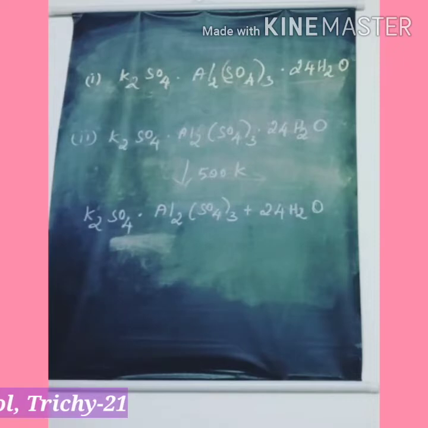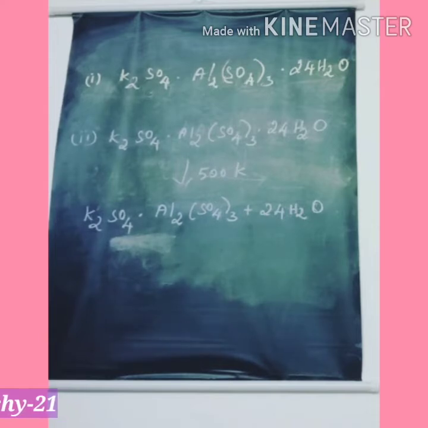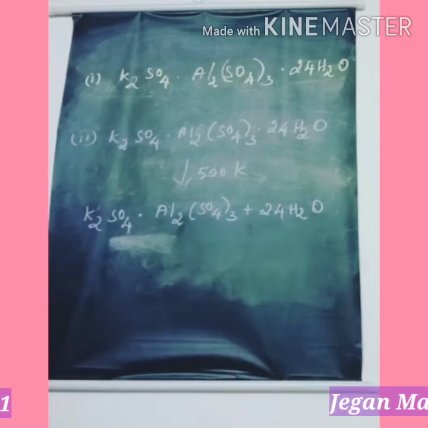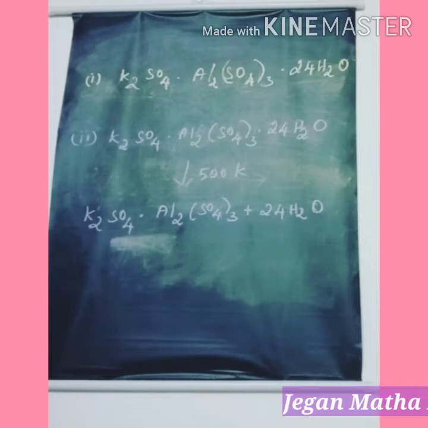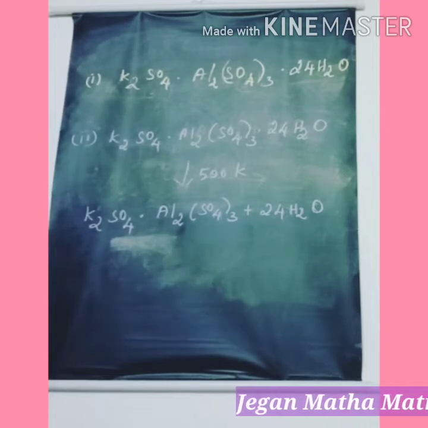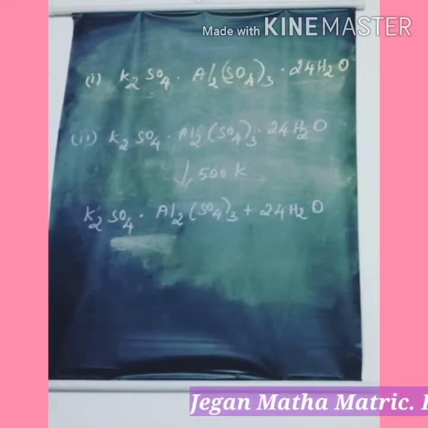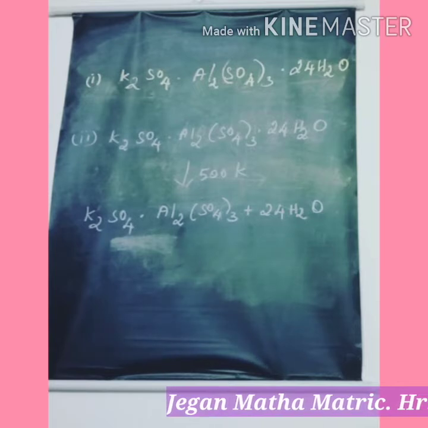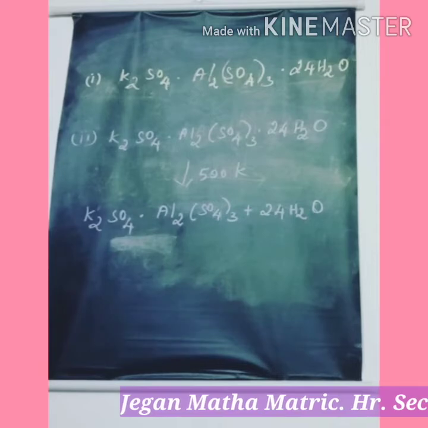So the same one we studied in alum. So that is potash alum, a white crystalline solid. It is soluble in water and insoluble in alcohol. The aqueous solution is acidic due to the hydrolysis of aluminium sulfate. It melts at 365 Kelvin on heating. At 475 Kelvin, it loses water of hydration and swells up. The swollen mass is known as burnt alum.